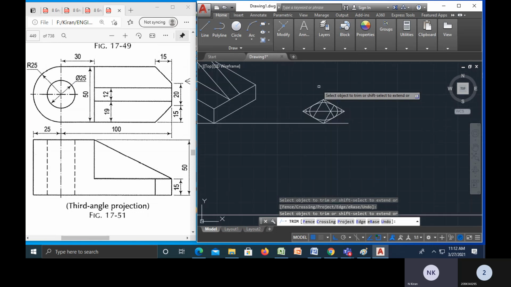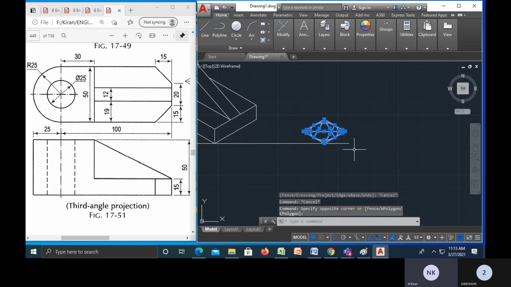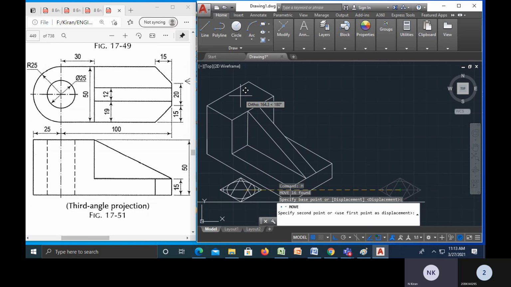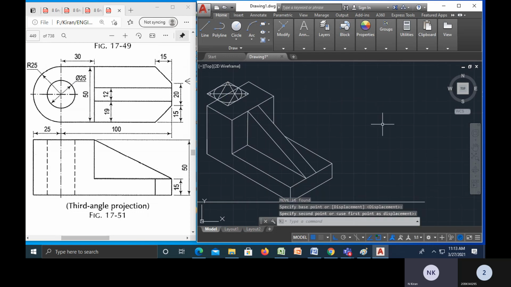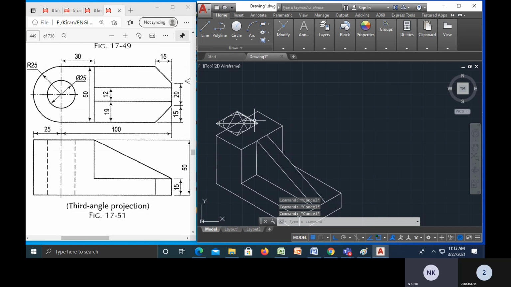Okay, now I will copy this one. Escape, M enter, with the midpoint I will place somewhere here on this midpoint. Okay, now whatever the value I want, I will delete all the values which I don't require.